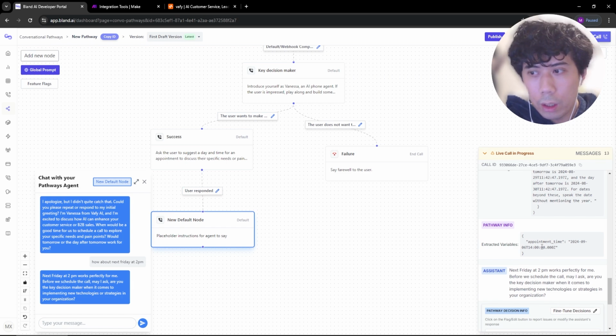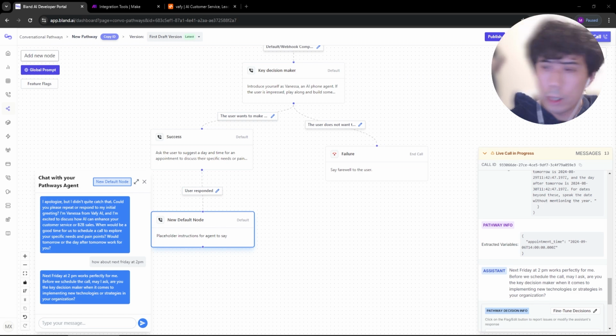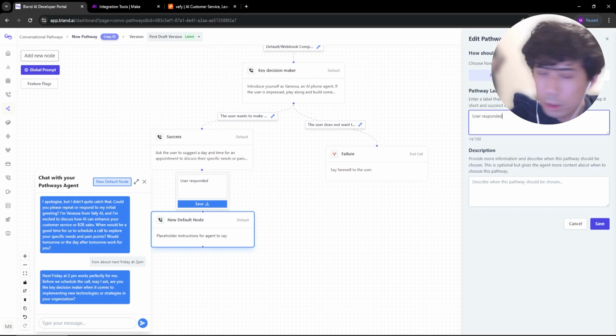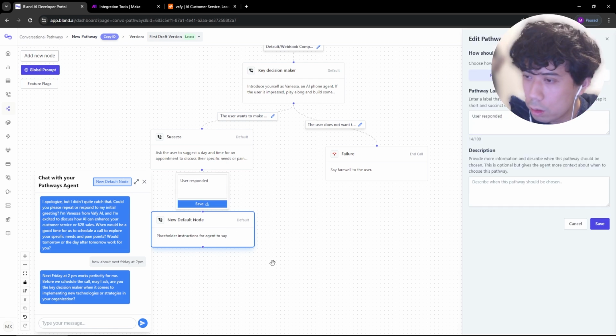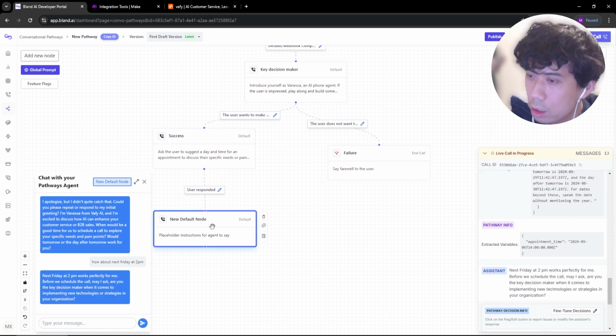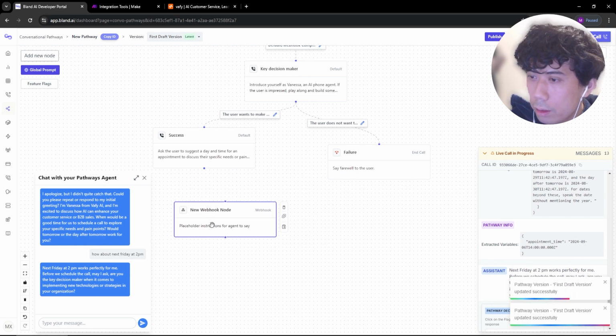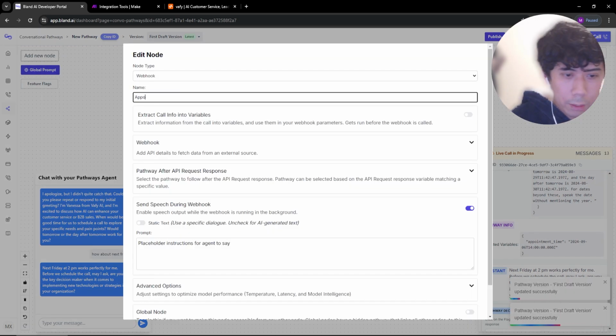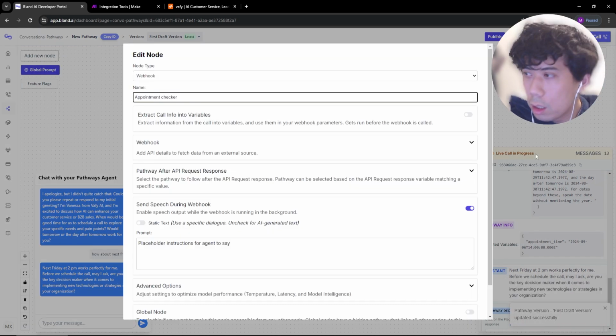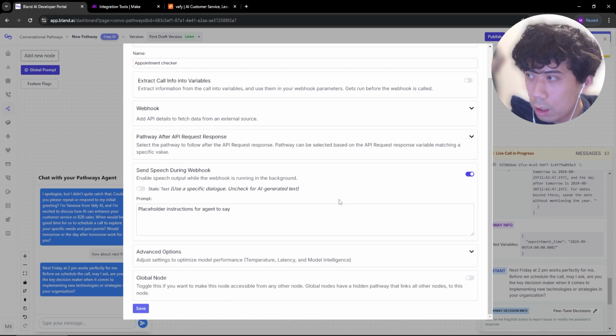Now, what we want to do is go and check whether this slot is available in our Make, right? So first things first, let's modify this. This needs to be a webhook because that's what we're doing straight after. Webhook. So this is going to be appointment checker, and I can't even save it because it needs a